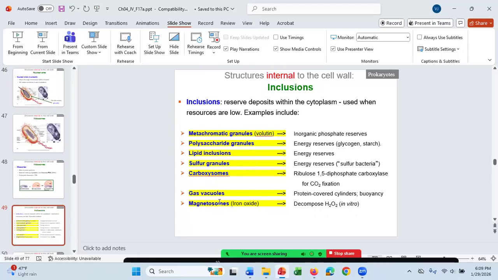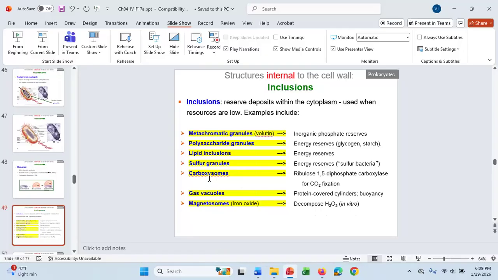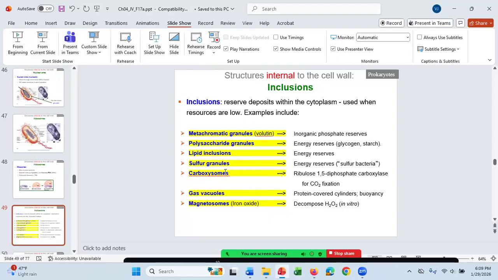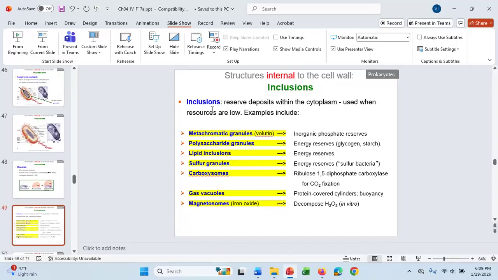So the cell, which let's say is a sulfur granule inclusion, is accumulating sulfur inside the cell. So much sulfur accumulates in one area of the cell that the sulfur actually precipitates out of solution. Once it does, you can then see the inclusion. Before it is precipitated out of solution, you do not see the inclusion because it's dissolved in the cytoplasm.